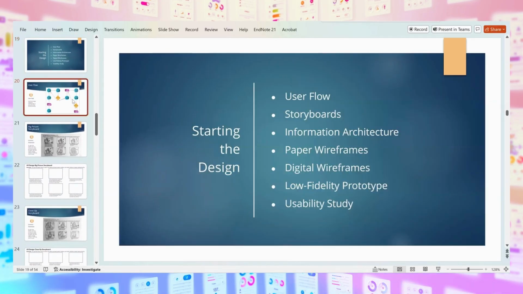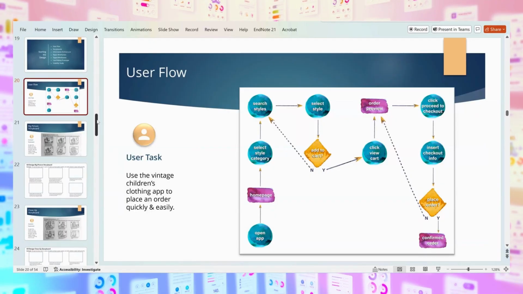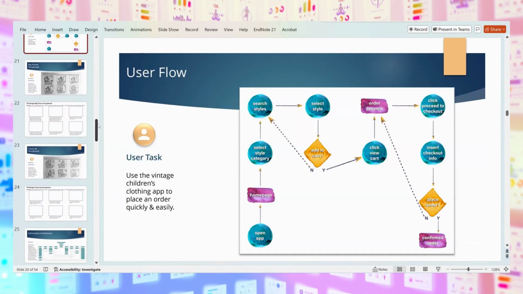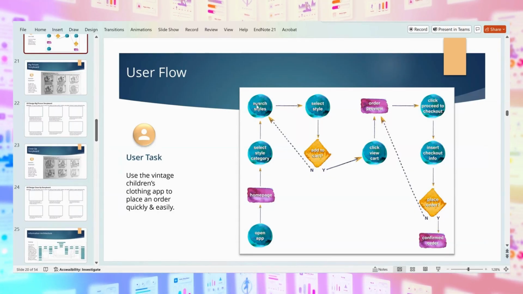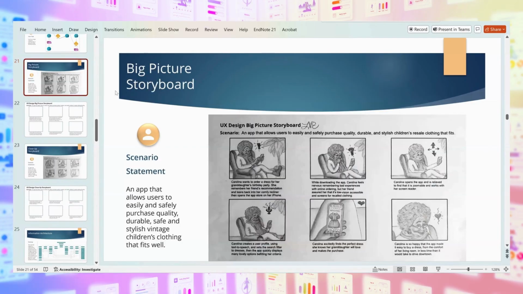So you go to the next part of the process, and it's user flow, what people would be doing to go through the process. And every little thing means something. It's standardized, like circles and rectangles. It's all standardized for all of UX. It isn't just a made-up symbol. So you learn that. And my storyboards, I need to come back in and redo the imagery. But I just threw them in.